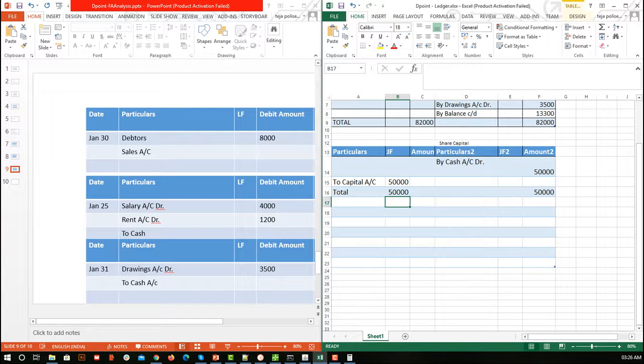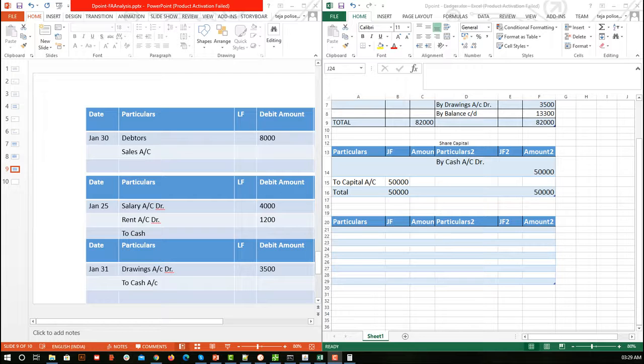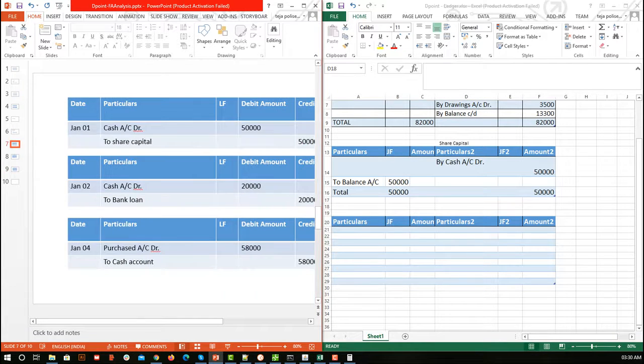Let me create the table and resume it back. Yeah, so here it was wrong, so we have to always write balance. If on the right hand side it is balance, we write by balance. If on the left hand side we are less, we write to balance. Okay, so now we are coming to our first transactions. We are done with the cash account, yes. We are done with the share capital account, yes.